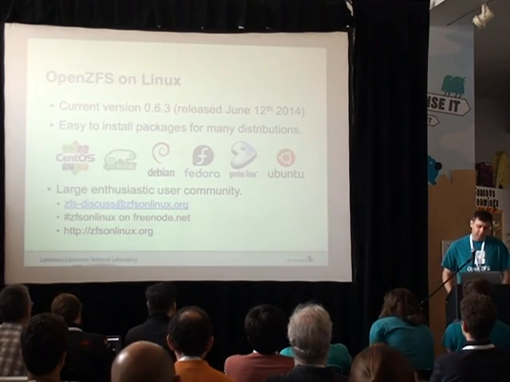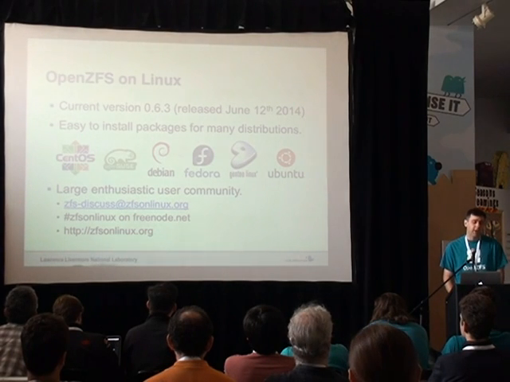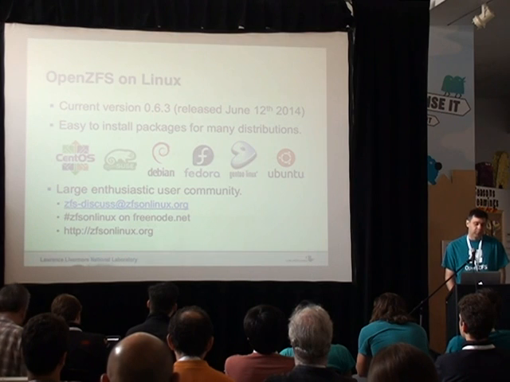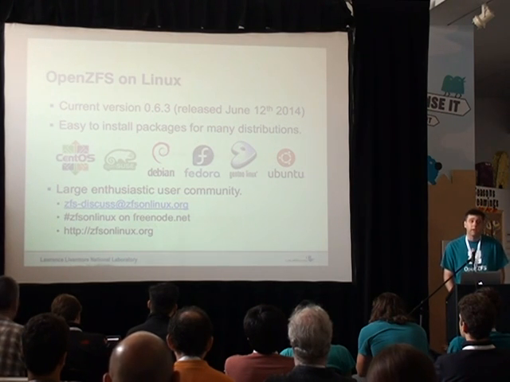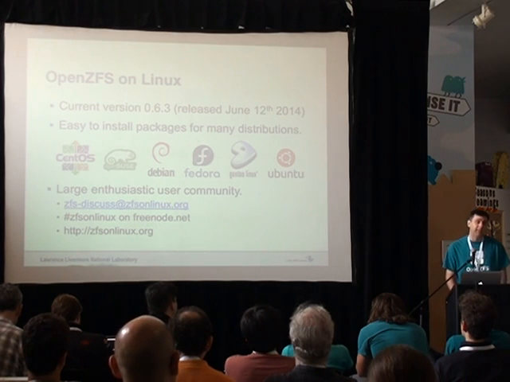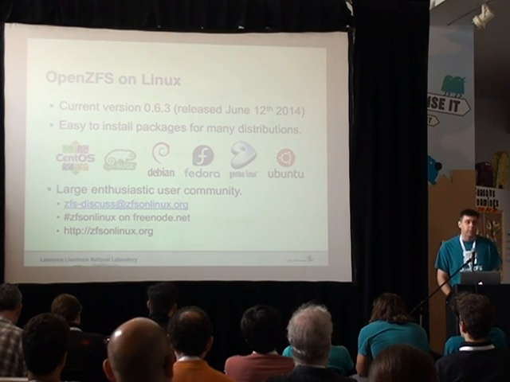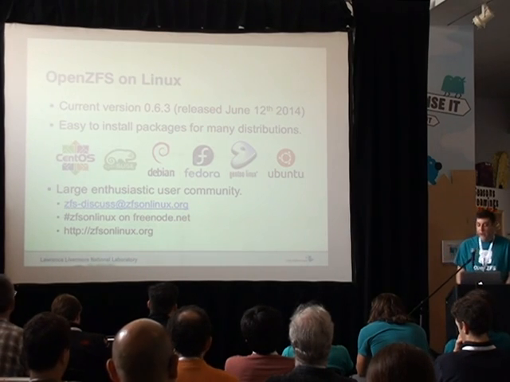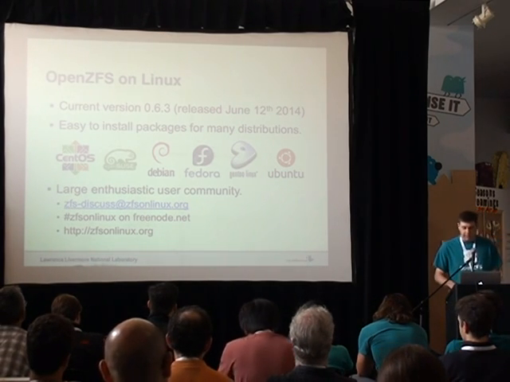All right. What I wanted to talk about a little bit was basically a status update for how things go on Linux. So the current version is 0.6.3. Because on the Linux side we're building ZFS out of the tree, we've had version releases so we know what the heck people are installing. The current version we're at is 0.6.3. It was released in June